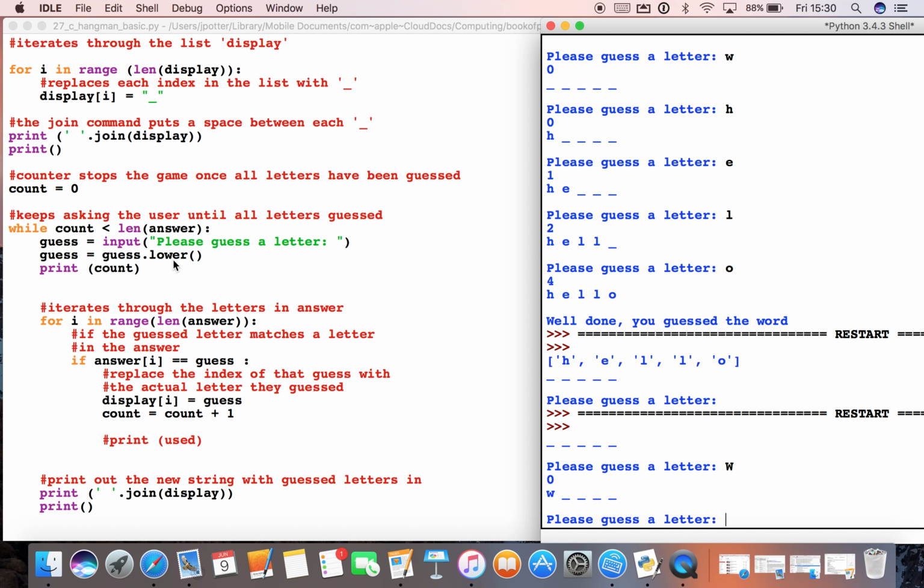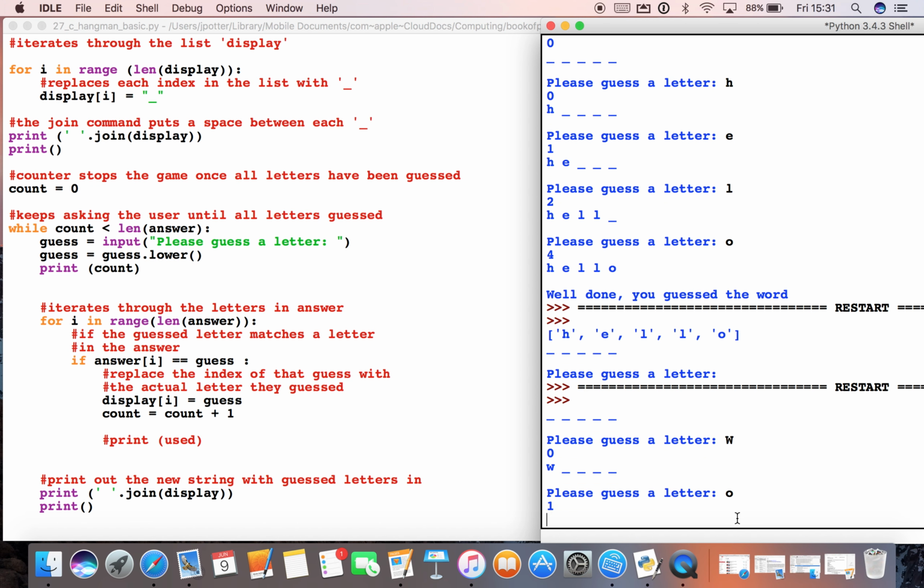We've got another loop here, which is responsible for replacing the letters in the guessed word. So again, for i in range, all the way to the end of our answer, if answer is equal to guess, so in other words, if it knows one of the letters is in the word, so let's type in O because I know that's there.